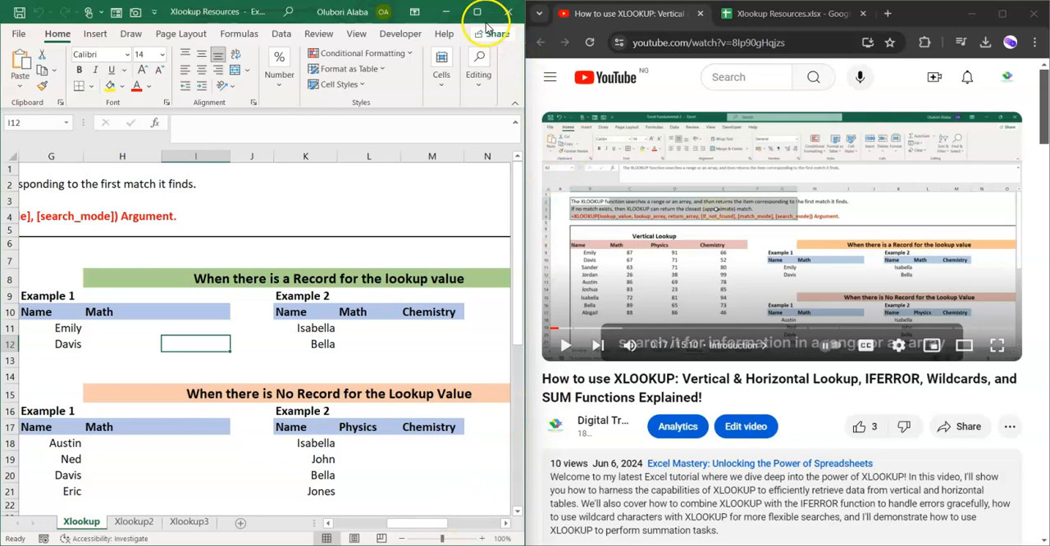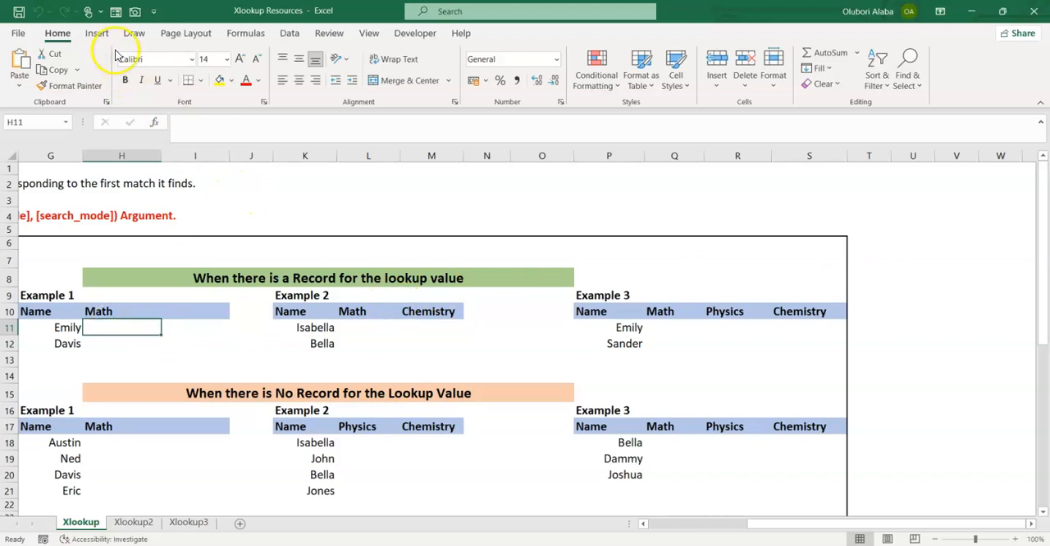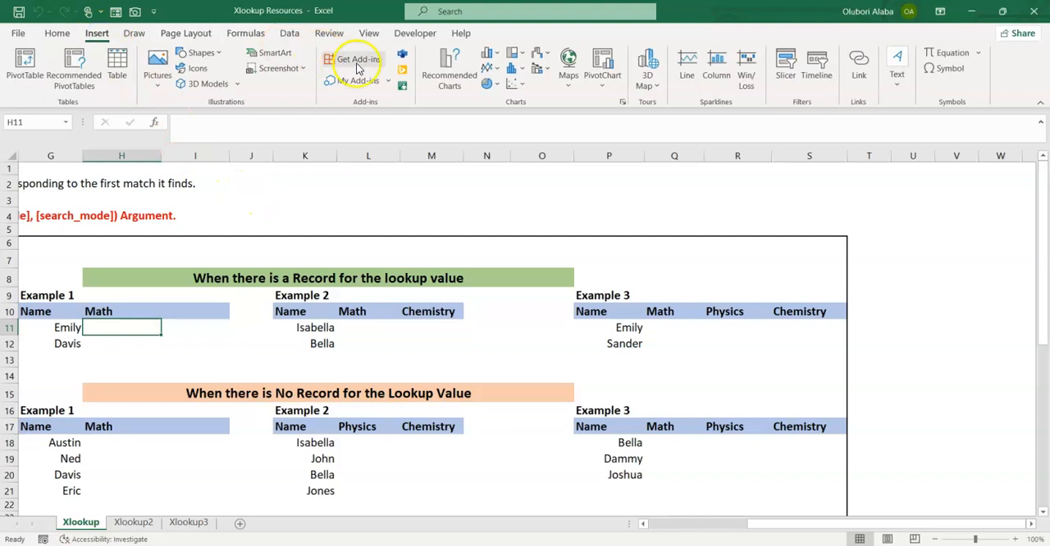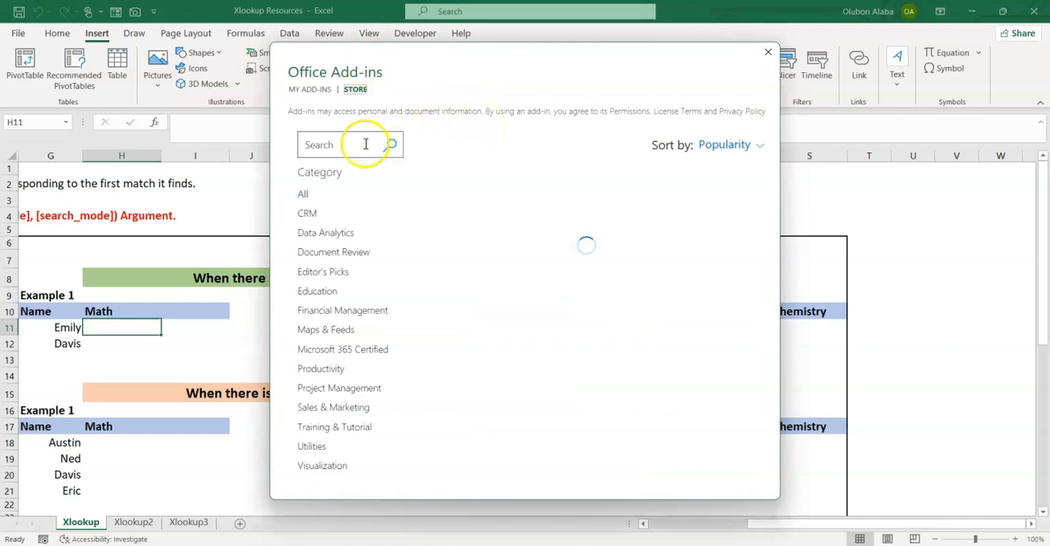Now one of the options that you have is that you can import in Excel. You can import the YouTube video into your Excel, and then you just have it on your Excel worksheet like this, so that as the video is playing, you can practice. So this is how you do it. Now go to insert, and then click on get add-ins, and then this should come up, and then search for